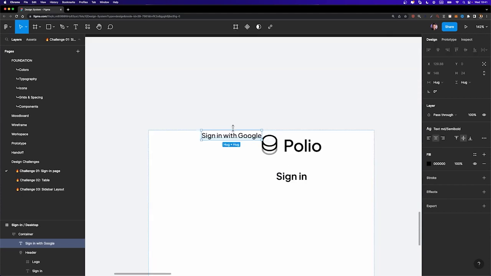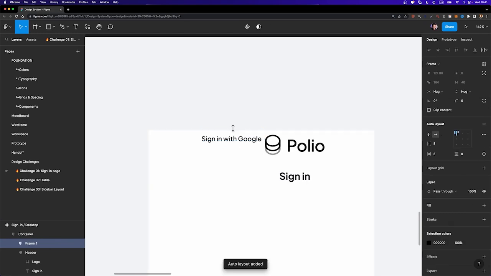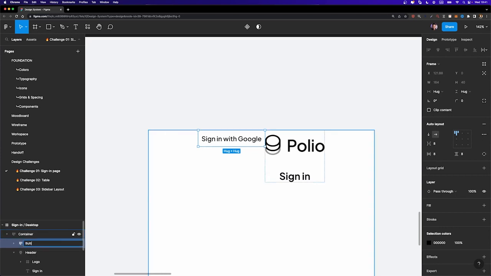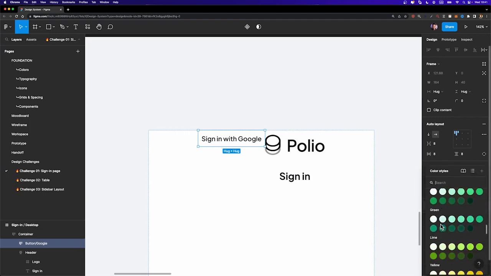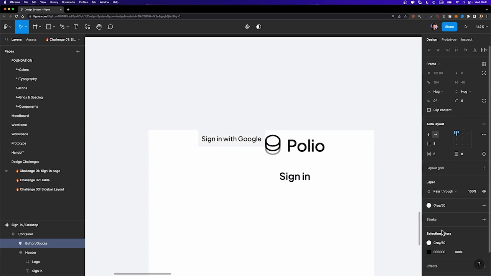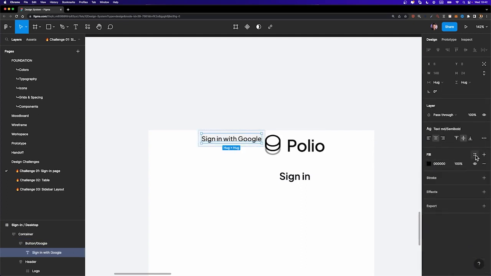So we can just simply add auto layout to it, hit Shift and A, like this. And now it's placed inside an auto layout frame. Let's rename it to button / Google. And now I'm going to add a fill to it. So I'm going to change its color to gray 50, like this. And as for the text color, I'm going to change it to gray